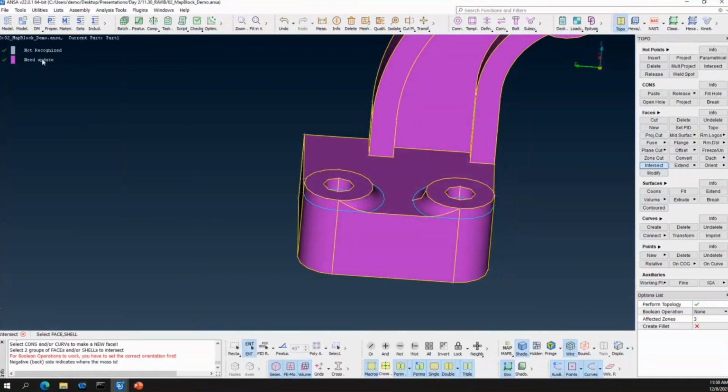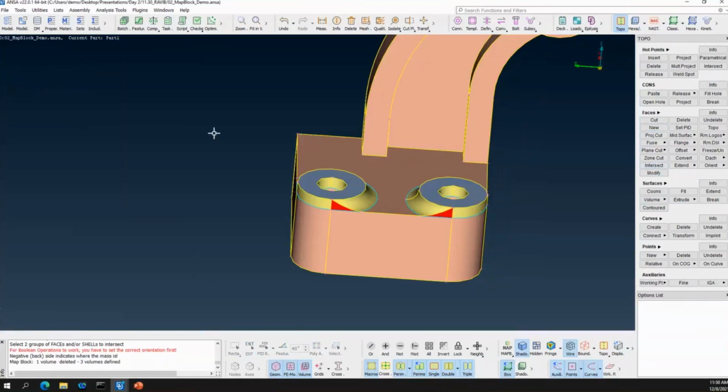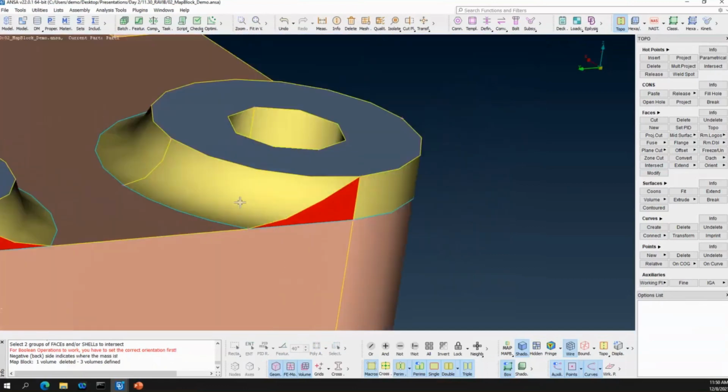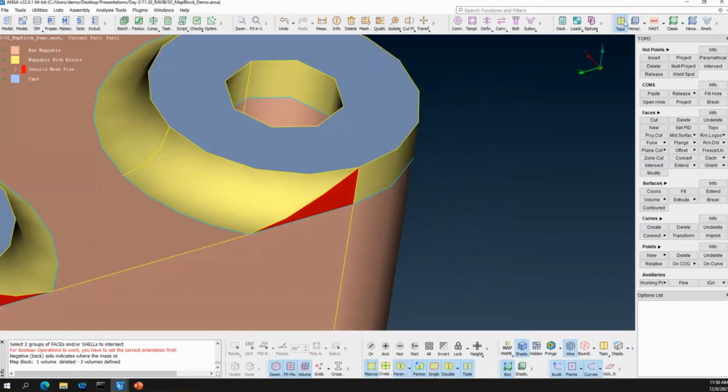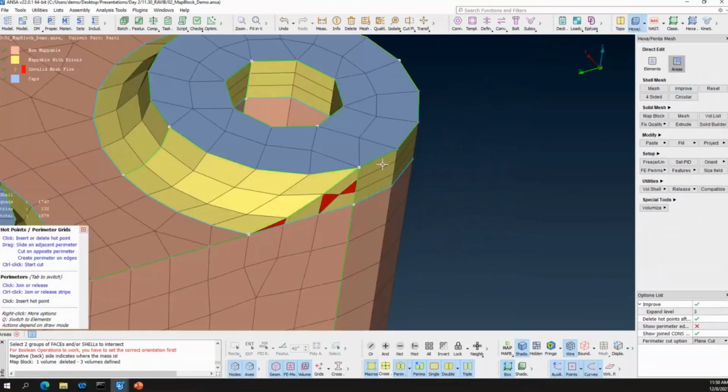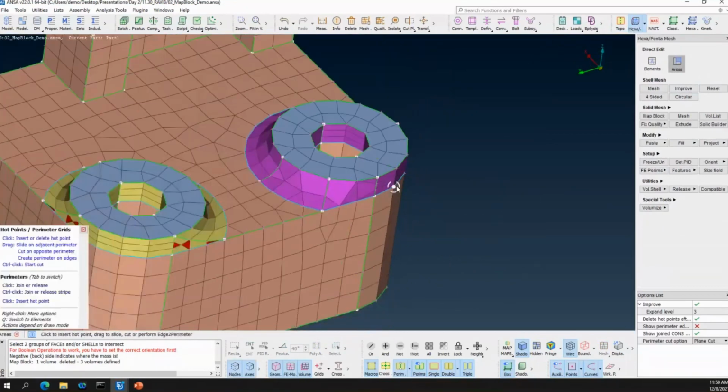So to update this, I'll just right click and say update. So I have a new category which says mappable with errors. So in this case, I might have to further simplify this area. So I'll move to my hexa mesh module, hexa layout, go to areas and try to further simplify this area.